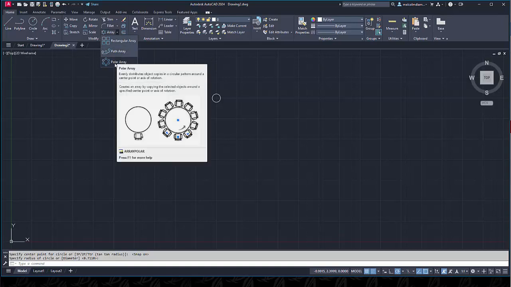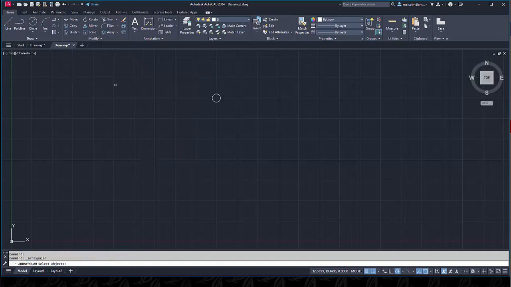Now the one that we use a lot is the polar array for doing things like flange bolt rings and stuff that go on the end of pipes, and that sort of thing in fabrication. We generally do a flanged array of some kind. So I'm going to pick that, the polar array, and I'm going to pick the hole that I've got set up there. Now I'm going to come down from there. I'm around about 4.5. So if I go 4.5,